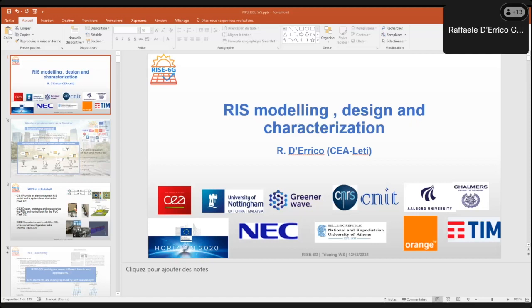But what is interesting in the project is that we had to develop the design of very different technologies for RIS with different technology readiness levels and different frequency bands, from UHF up to the D band. And so we investigated pin diode technology, RF switch, MEMS, varactor, and in the higher band, we also have some very specific